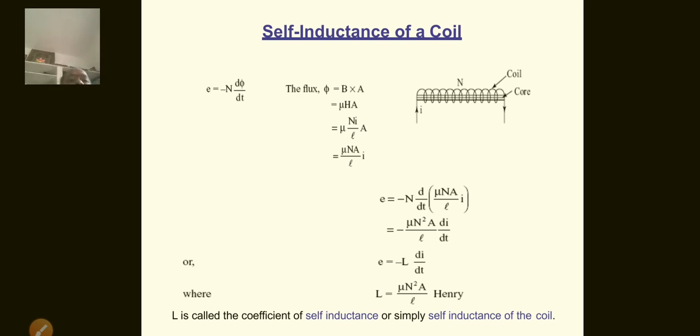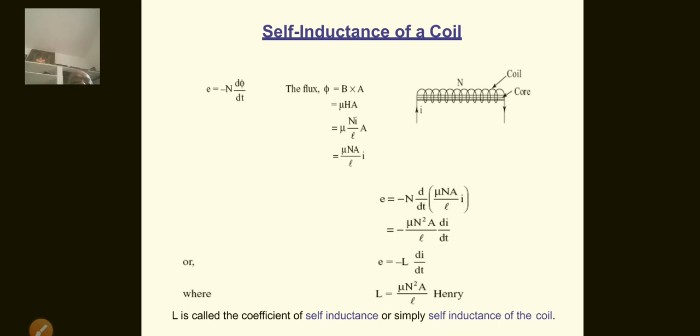Just take one wire. Through this wire, current will flow. The n number of turns will be there in the coil. Then it produces some flux linkage due to the magnetic field. So you know already the flux density is phi by A. From that, phi is equal to B into A, so therefore mu into HA. So similarly you take the phi value, which is equal to mu Na by L into I.